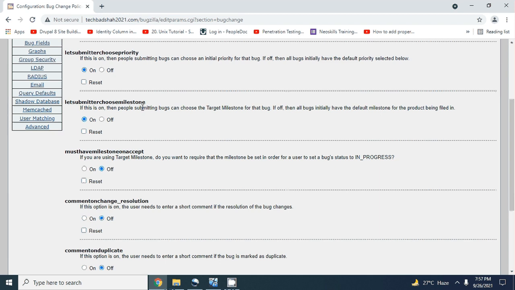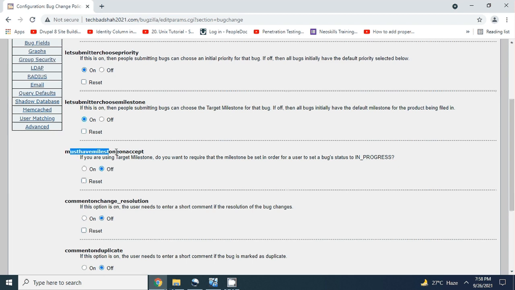For example, say 10 bugs that they have gathered and want resolved by next month, or in a version. They will decide the next upcoming version. For example, something is at 1 point something, and they decide this will be resolved in version 2.0. So this is the concept of the milestone. When the user is submitting a bug, on that screen itself, they can decide a milestone.